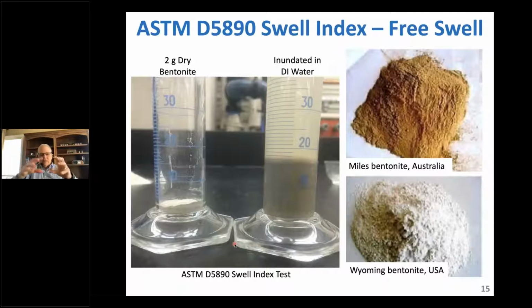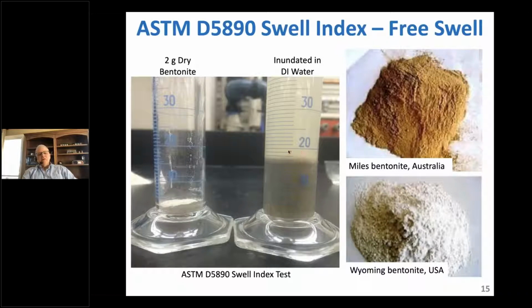And as it settles down, it begins to swell. And then we top off the graduated cylinder to 100 mL at the very end. But you can see what we're putting into that graduated cylinder is about 2 grams, a tiny amount of solid volume. And it swells, at least in DI water in this particular application, up to about 16 or 18